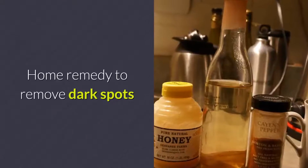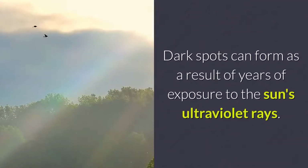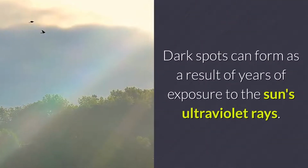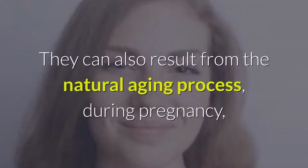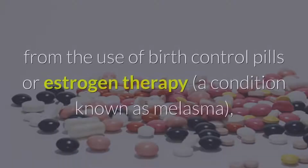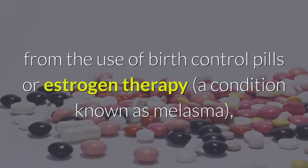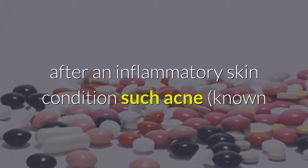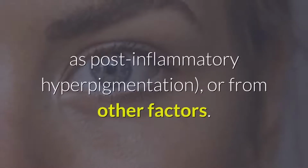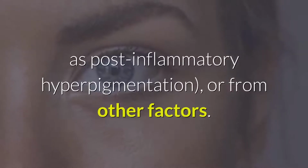Remedy to remove dark spots. Dark spots can form as a result of years of exposure to the sun's ultraviolet rays. They can also result from the natural aging process, during pregnancy, from the use of birth control pills or estrogen therapy, a condition known as melasma, after an inflammatory skin condition such as acne, known as post-inflammatory hyperpigmentation, or from other